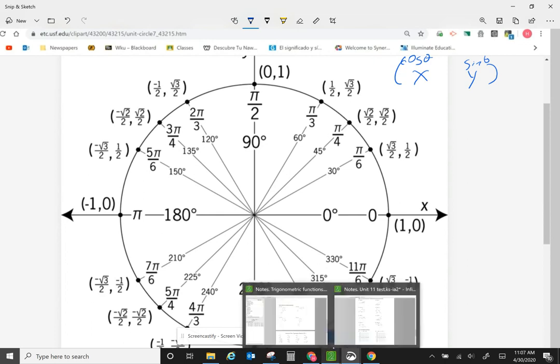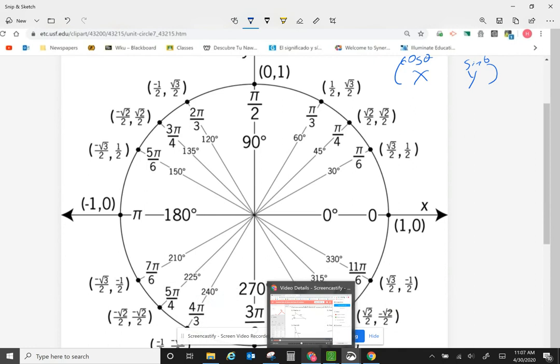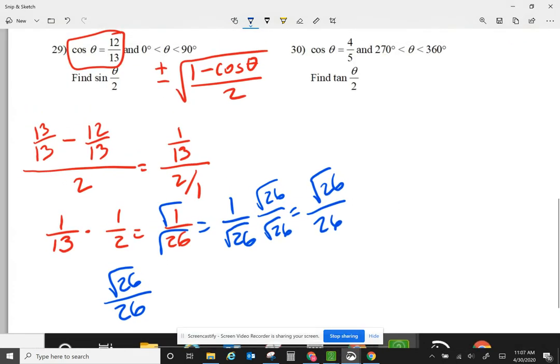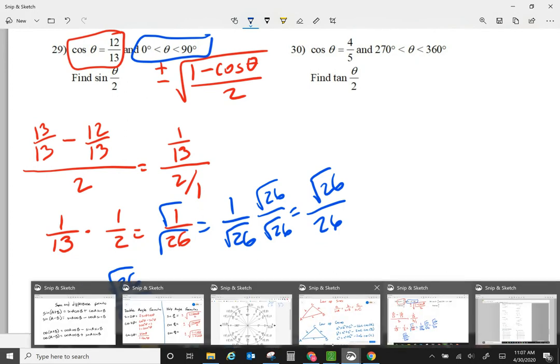Now, looking at the question we have, we are in the first quadrant. How do I know? Because it says theta is between 0 and 90 degrees. So sine in the first quadrant